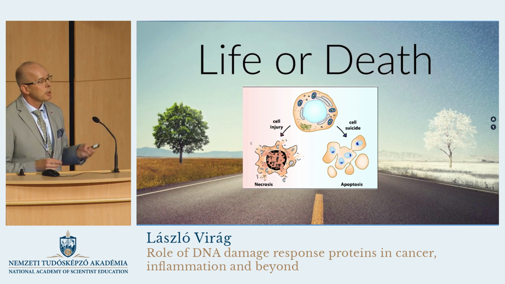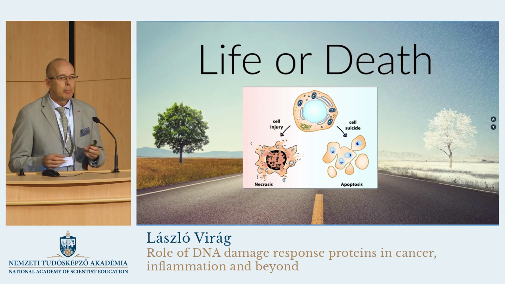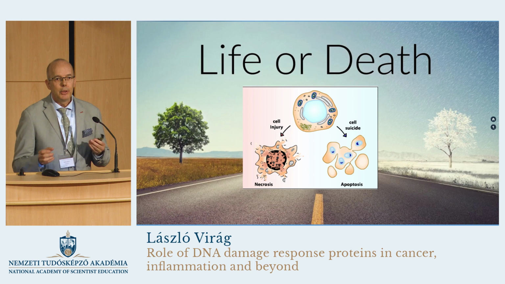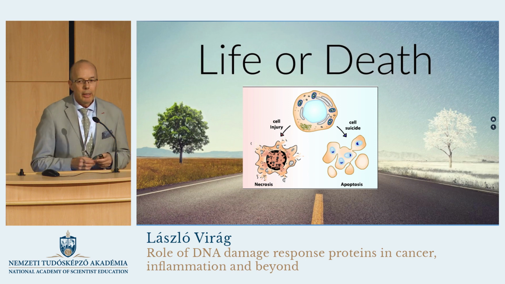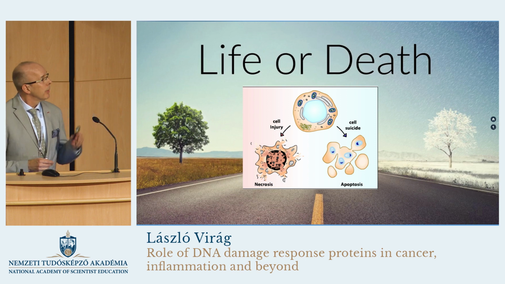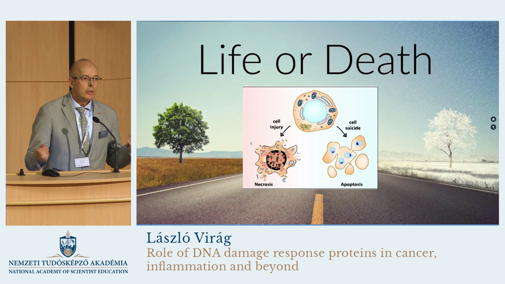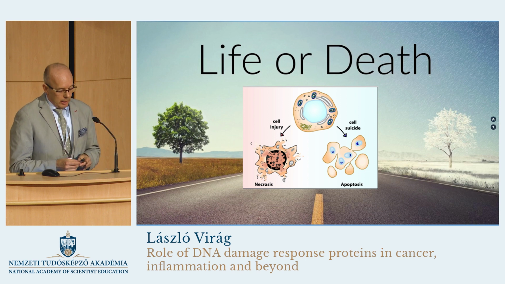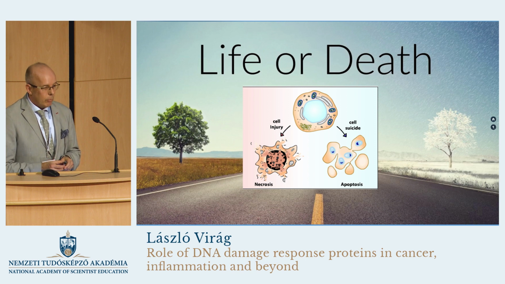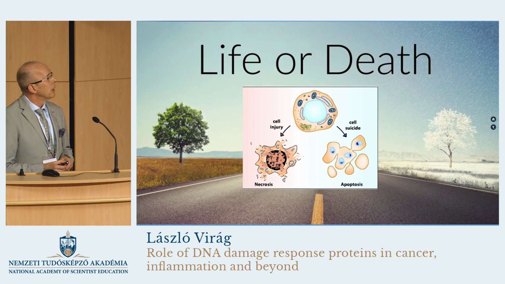If a cell dies by so-called apoptotic cell death process, it often remains almost unnoticed in a tissue or in an organ, because these cells are removed very efficiently from the organs, whereas a necrotic cell death, when the cell falls apart and the content is released, causes secondary inflammation and secondary damage. So that's something that we should avoid at all costs. So we study this in the context of